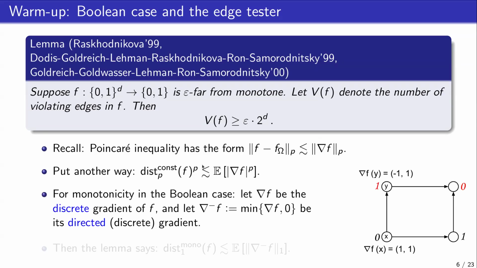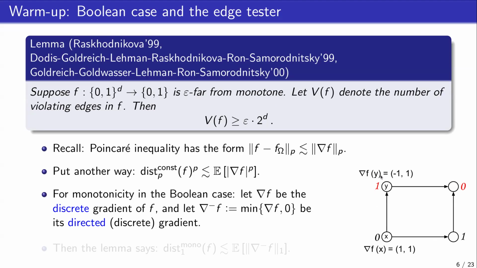Now I want to claim that this Boolean case is hiding a Poincaré inequality, so I need to tell you at least what this gradient is going to mean in the Boolean case. I'm going to write the gradient of f for the discrete gradient, which I obtain as follows. Here in this picture, I'm going to choose a point x, for example, this one on the lower left. The discrete gradient is going to be a vector of length d, so one entry for each dimension. For each dimension, I take the directed edge, and I take the difference between where the edge points, its destination, minus the source, the value of f there. So here the first coordinate is 1 minus 0, which is 1. The second coordinate is also 1 minus 0, which is 1. So that's the discrete gradient of f at x.